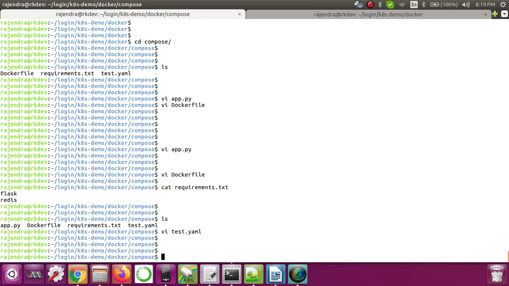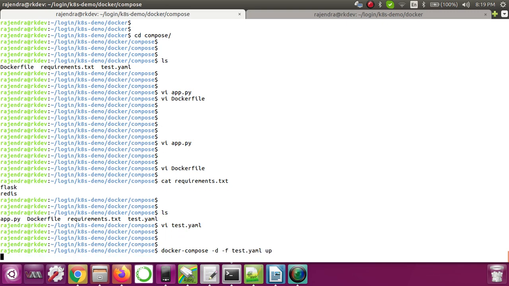To use this YAML to start the containers, we have to use the docker-compose command. docker-compose, then -f is for file. The name of the file is test.yaml. Then we have to give up. And -d is for starting containers in background mode.